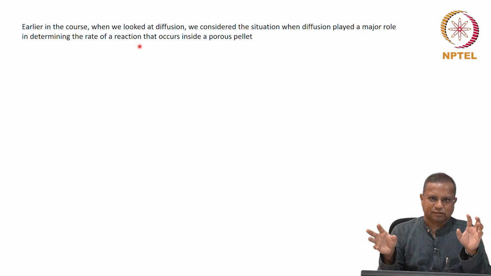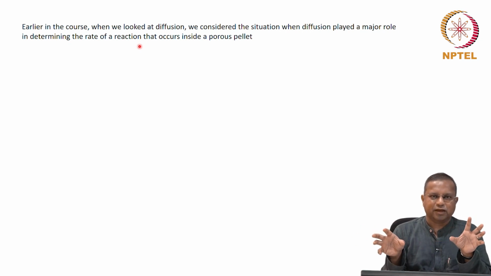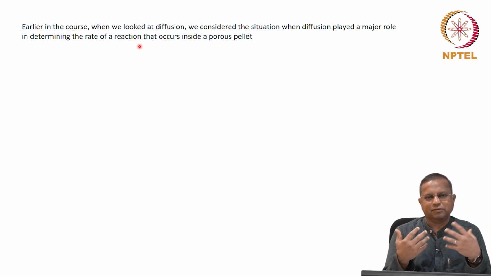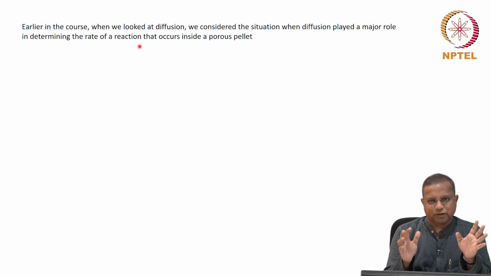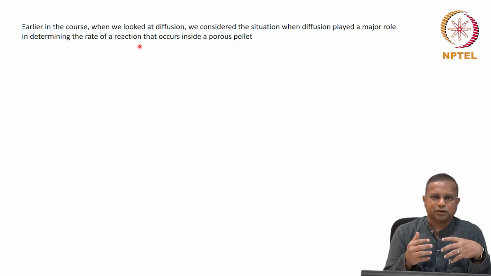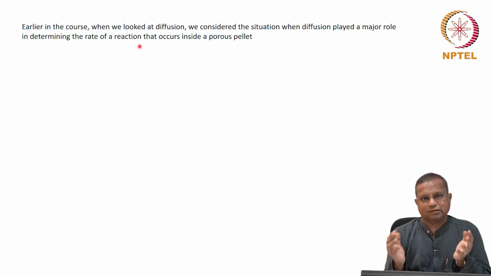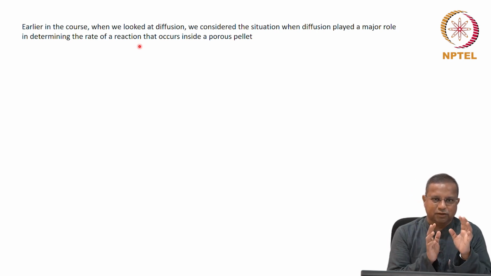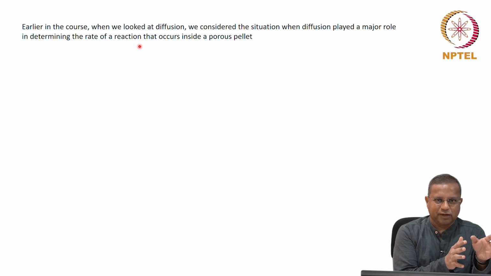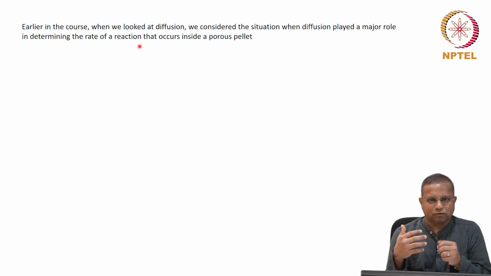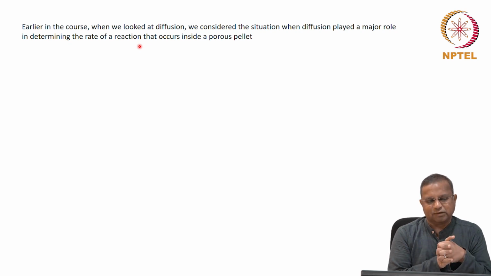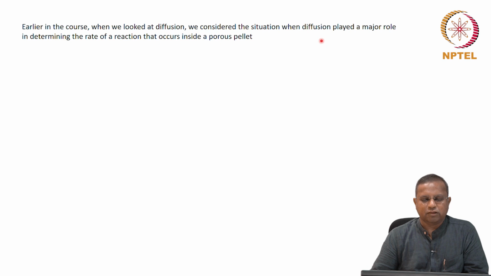Both these aspects, the transport and the reaction, have different time constants associated with them. The characteristic times could be different, or they could be comparable. So, depending on whether they are comparable or whether they are very different, the kind of process kinetics could be very different. It could either be completely reaction based, or it could completely be transport based. We looked at an effectiveness factor that gave us some ideas to what is happening there. We are continuing on the same lines.